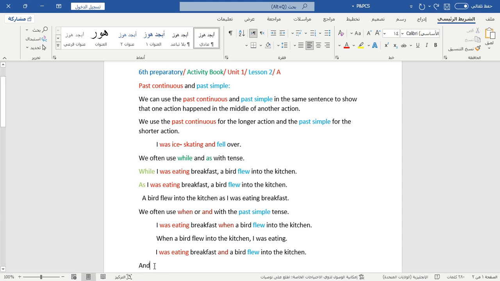Can, for example, if I say, can, sorry, and a bird, also space, and a bird flew, and a bird flew into the kitchen, into the kitchen,